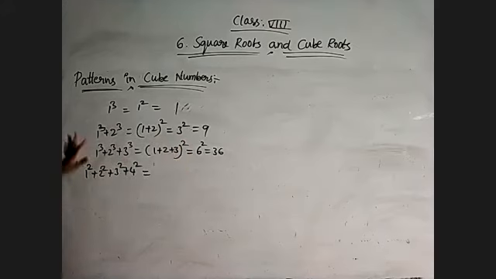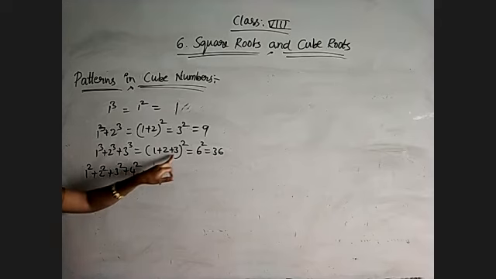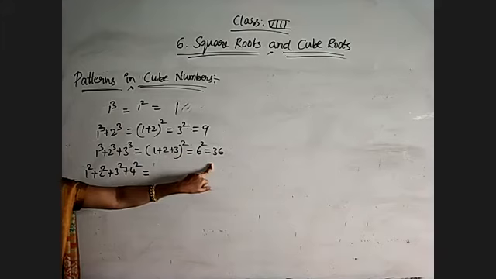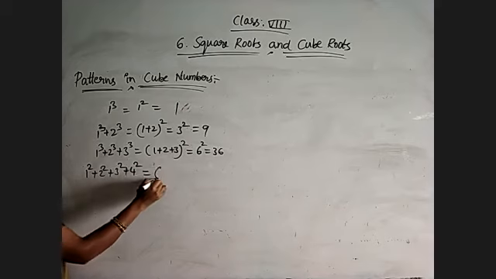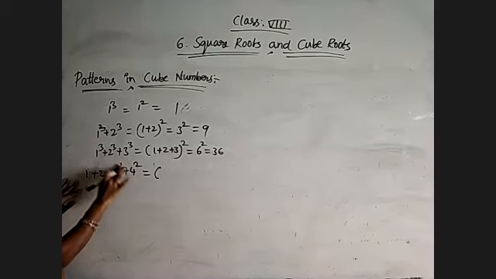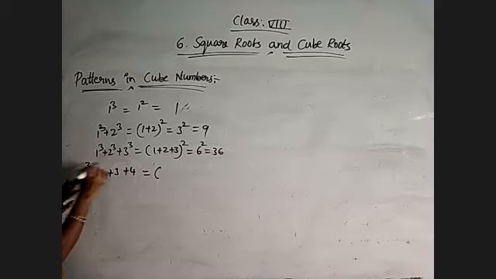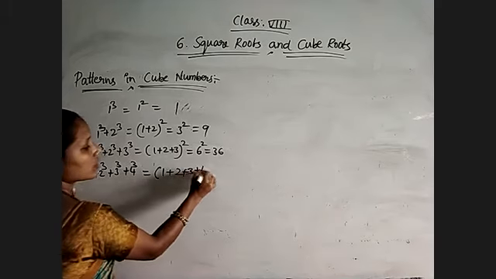Whether it is correct or not. 1 cube is 1, 2 cube is 8. 1 plus 8 is 9. Then 1 cube is 1, 2 cube is 8, 9, and 3 cube is 27. 27 plus 9 is 36. So 1 plus 2 is 3, 3 plus 3 is 6, 6 square we are getting 36 only. Means instead of elaborating single and adding, it is very simple. Cubes of 1 to 4 consecutive numbers is equal to the sum of 1 to 4 numbers and their square.